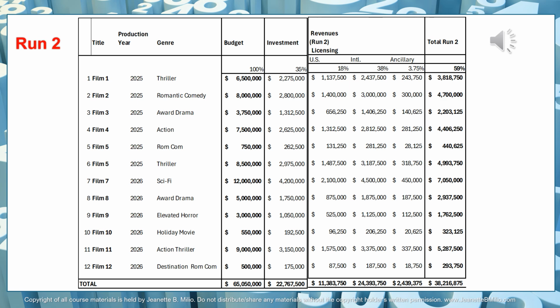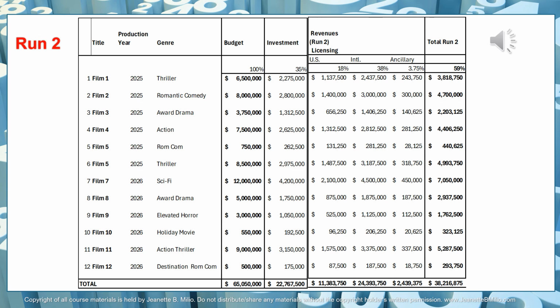$4,993,750. The sci-fi movie that we made for $12 million is generating another $7,050,000 in run 2. The award-winning drama that we made for $5 million is generating another $2.9 million, approximately $2,937,500. The elevated horror in the second run is generating $1,762,500. Our holiday movie makes another $328,125. The $9 million action movie makes another $5 million, approximately $5,287,500. And our destination romantic comedy for $500,000 makes another